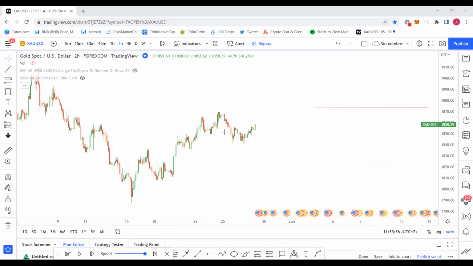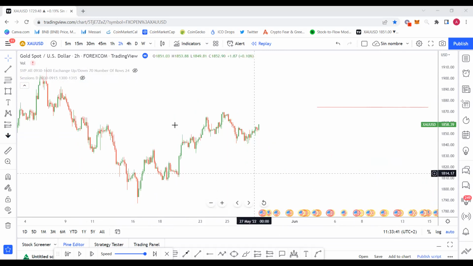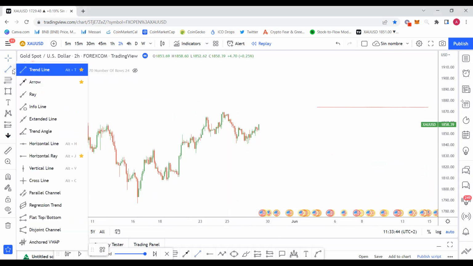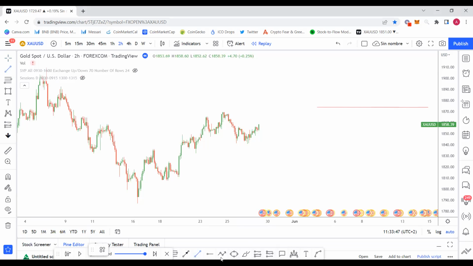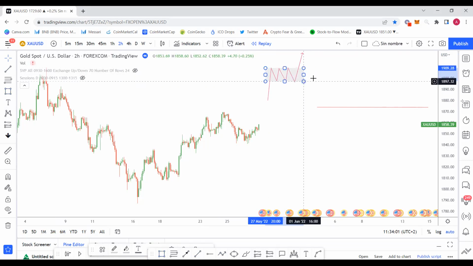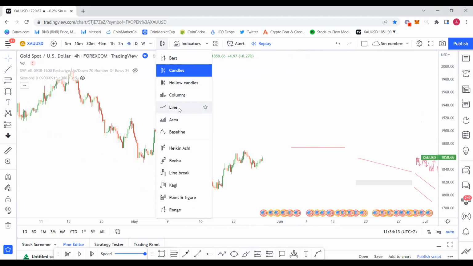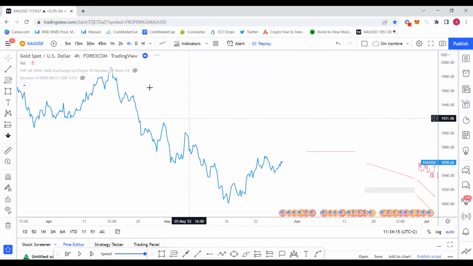I've been hearing order block. Yeah, order block essentially is also the same as supply and demand. At the end of the day, people will identify their order blocks by looking at essentially the same concept as supply and demand. Rally base rally, this right here is an order block, and it's essentially the same as supply and demand. I know loads of people, to identify their order blocks, what they will do is they will go onto the 4-hour chart, for example. They will hop onto the line,